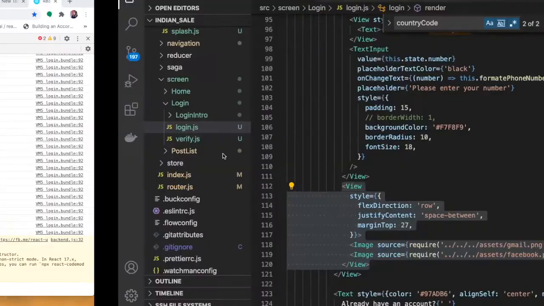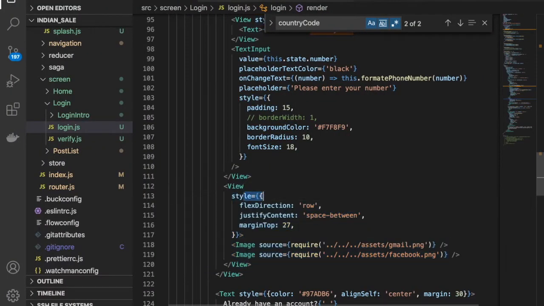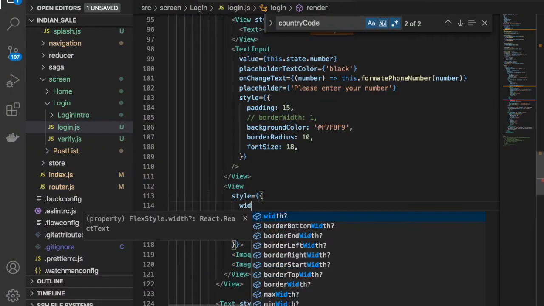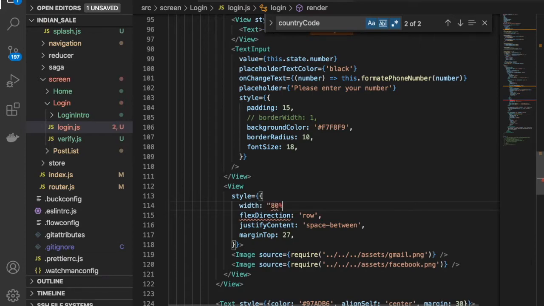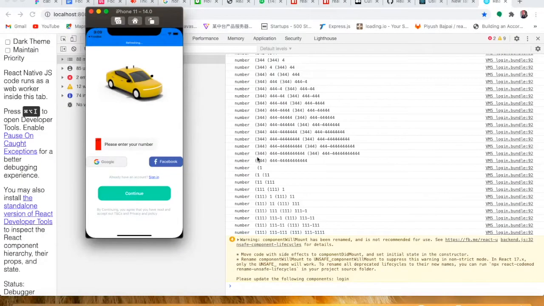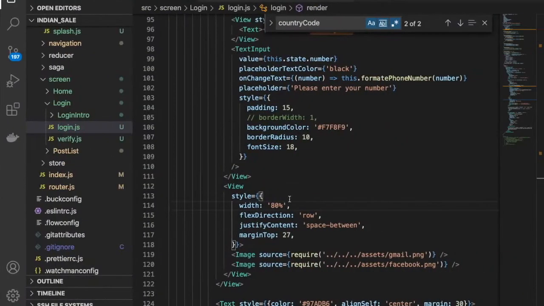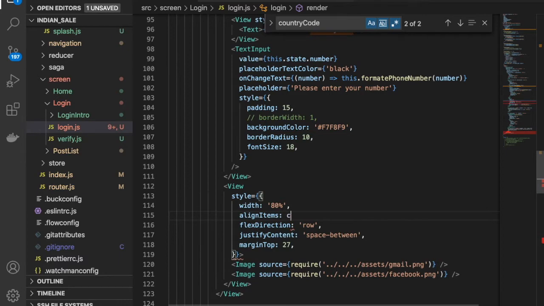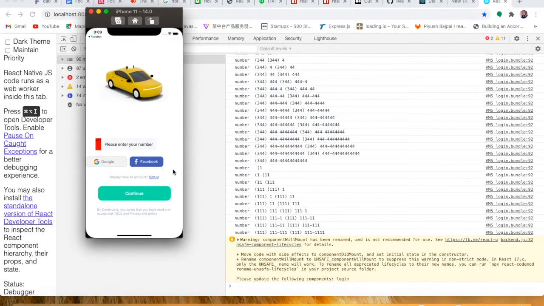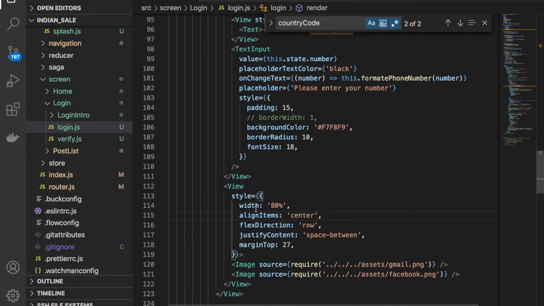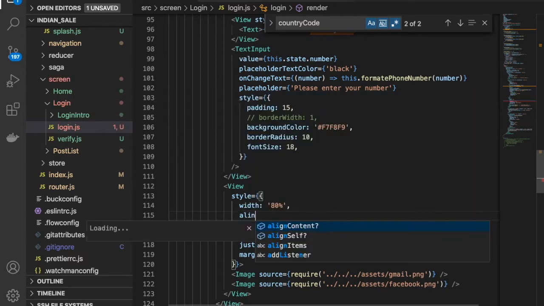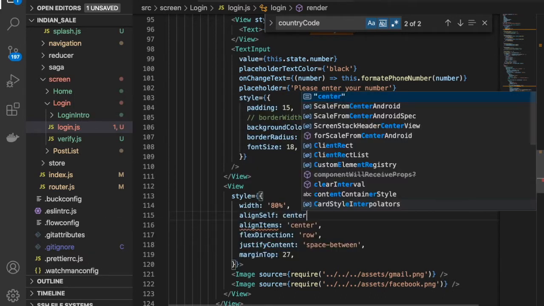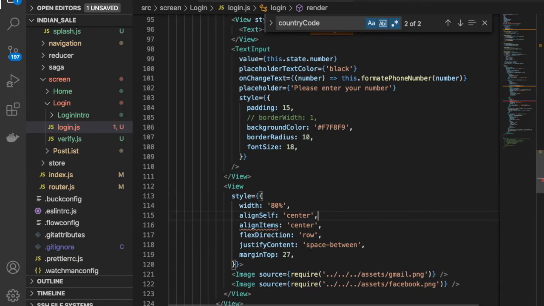Then we have to provide the width 80%. Now it's fine. And also we have to provide align items in the center. It's not working, so we have to provide align self also. Align self center. Perfect.